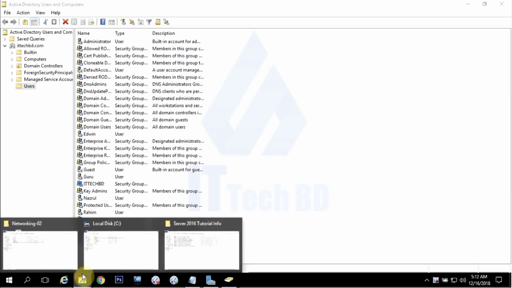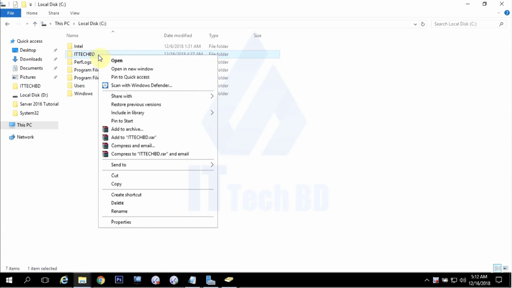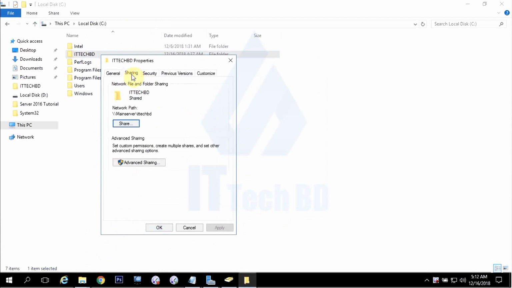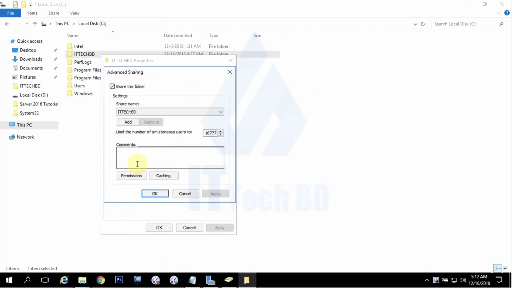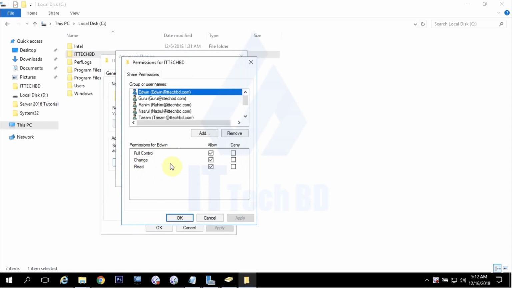Go to your sharing folder. Here right click, then click properties. Click the sharing tab, then click advanced sharing. Then click the permissions tab. Here I want to set a group. Now there is only a user. So click add,